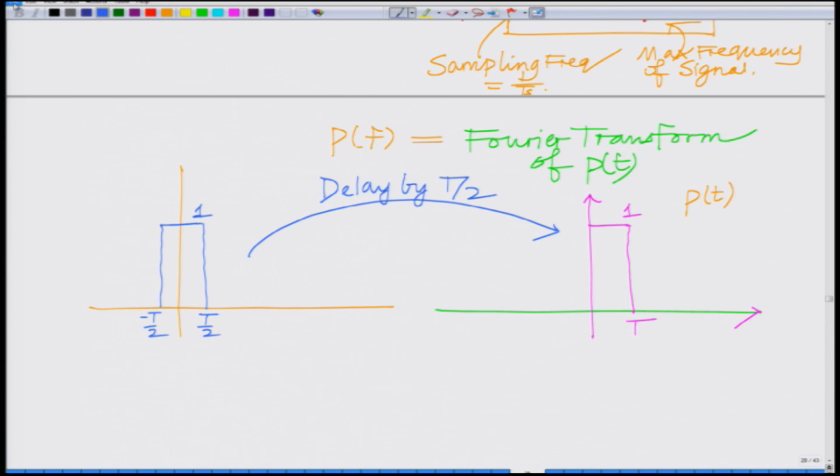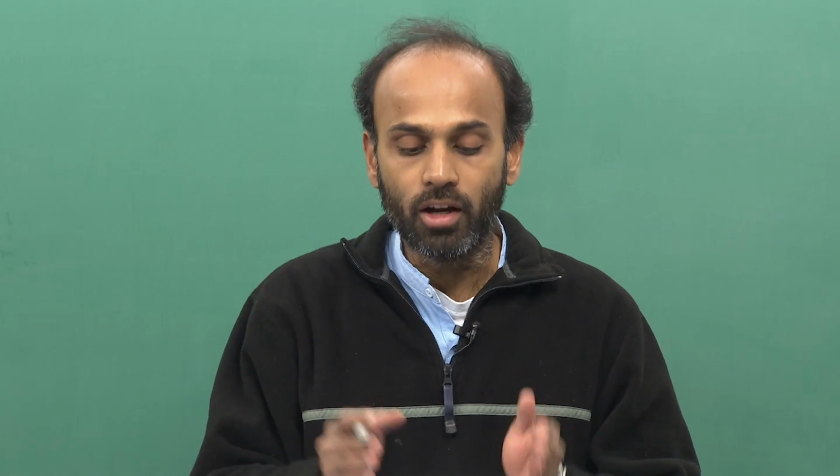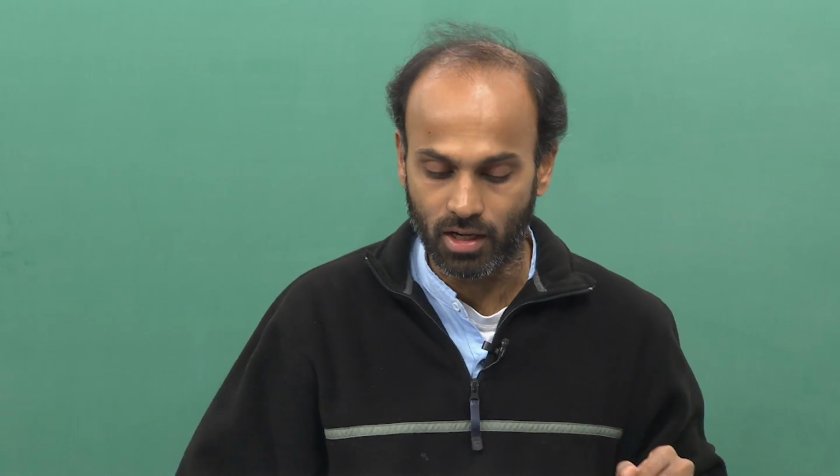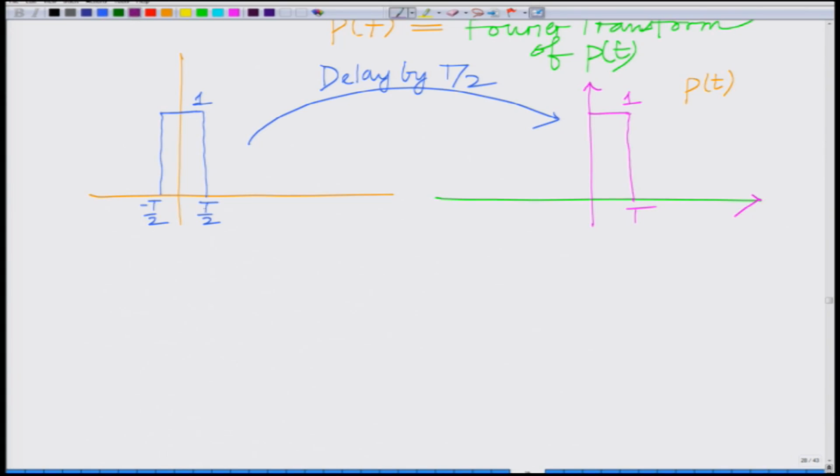So, what we have is the pulse of unit amplitude between minus t by 2 to t by 2. If I delay this by t by 2, then it becomes Pt, which is the pulse of unit height between 0 and t. Right. And I already know the Fourier transform of the pulse with unit height between minus t by 2 to t by 2. This is basically my t